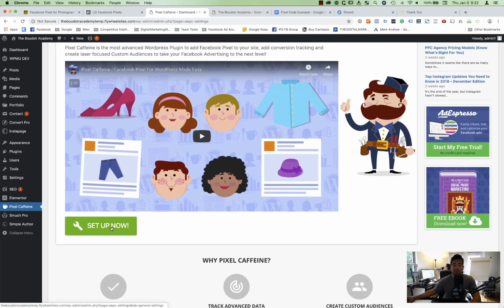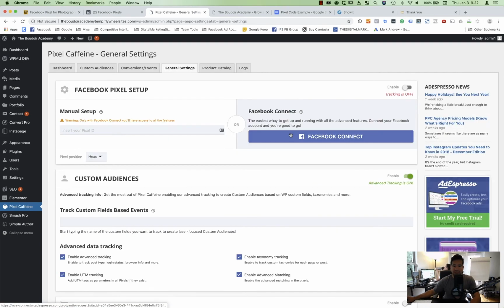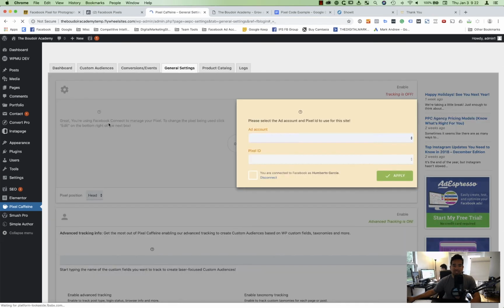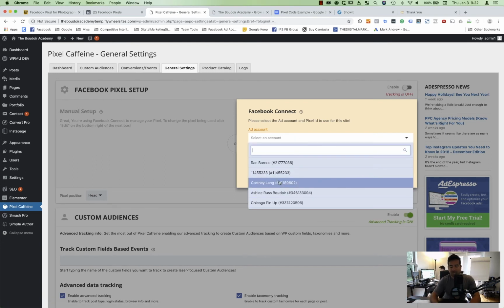So what you're going to do is you're going to go through this setup and walkthrough. It's fairly easy and I'll log into this. So I'll connect it. And for the purposes of this, I suggest going through this process so that you actually get all the functionality. If you don't, you basically won't be able to do that. So I'm going to come in here and it's going to be